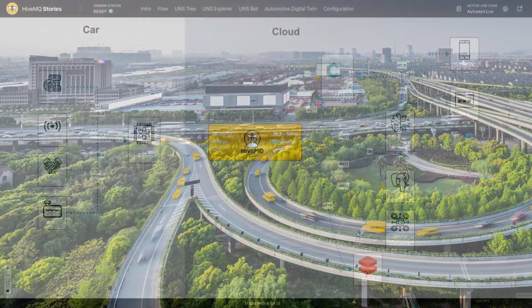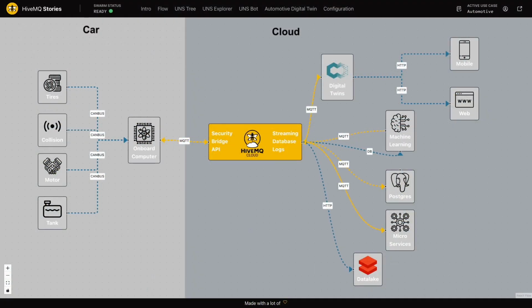Now let's look at the flow. So this is kind of like the typical flow of a connected car experience. So I would say software-defined vehicle is on the left side, and then the connected car is when you actually take that and get that into the more of the enterprise side of things. So if you look at the vehicle subsystem, these are the different typical subsystems that you encounter within the vehicle: the tire, collision, motor, tank, and other subsystems.